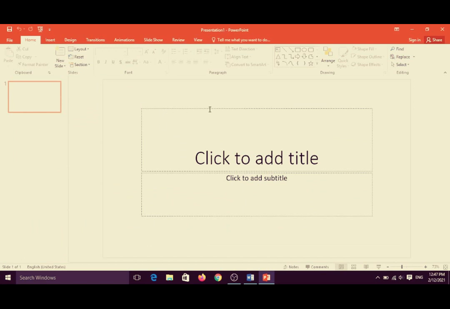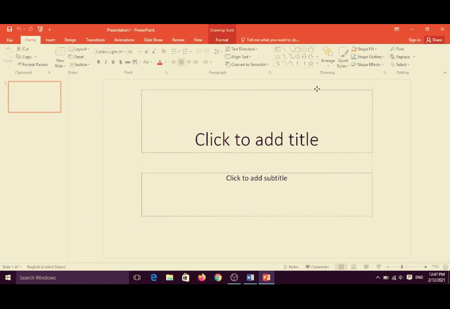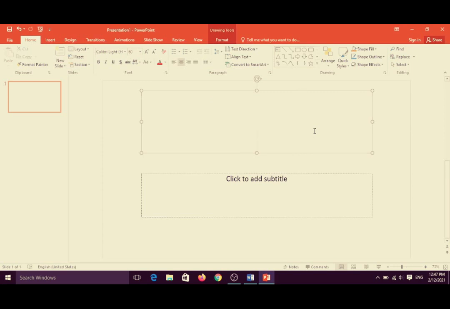See, this dotted rectangular box is here, you can see it easily, and it is a placeholder. When you click here, the prompt text is automatically removed so you can type. And this is a subtitle, which is also a placeholder.